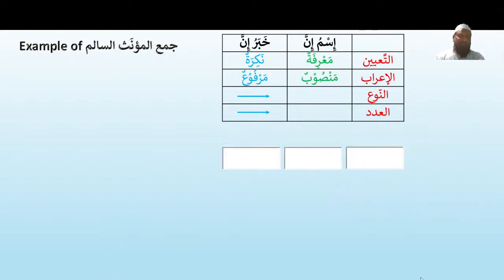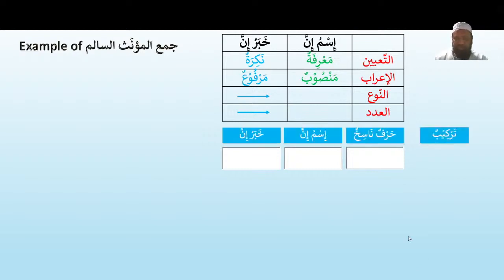The example of جمع المؤنث السالم. So let's look at the translation. Okay, hypocrite women are liars. We need inna, don't we? Yes, so we want an example of inna. Inna